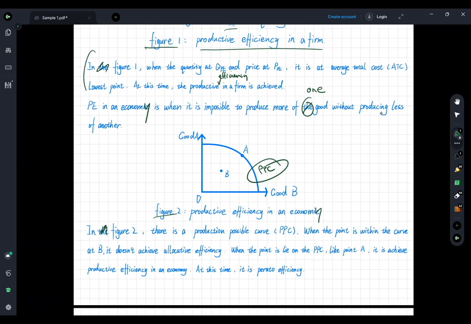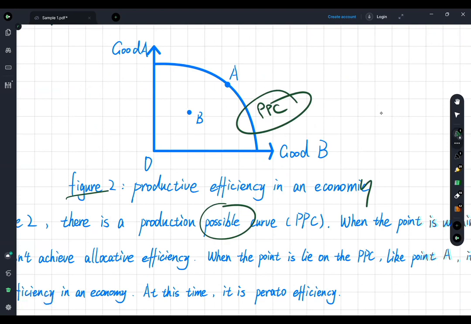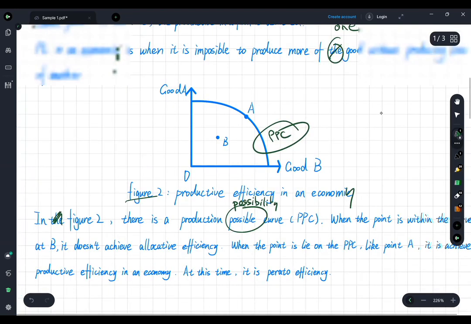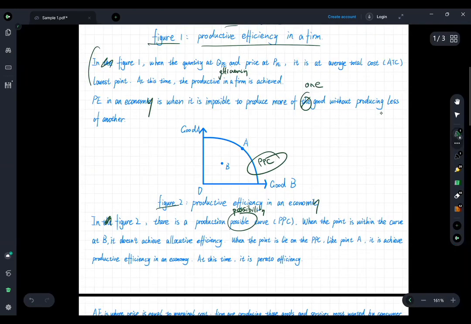In figure 2, we have a PPC, but you see it's not labeled on the diagram. And again, there is a pretty big issue here. You see that the PPC is not translated properly. Production possibility, not possible. Production is a keyword, so it should be spelled properly. Production possibility curve. Okay, PPC. When the point, well, it's a bit vague, but okay, when the point is within the curve or below the curve